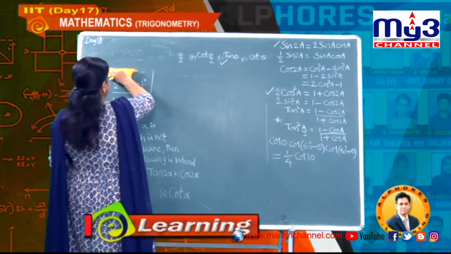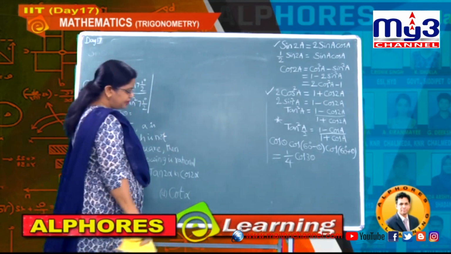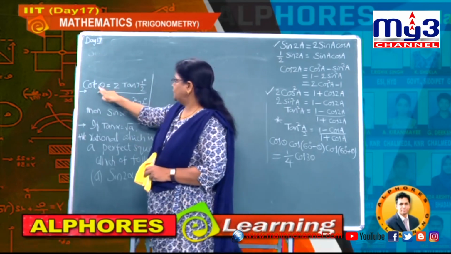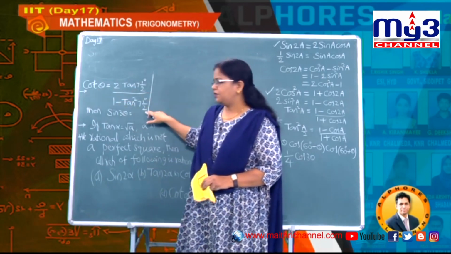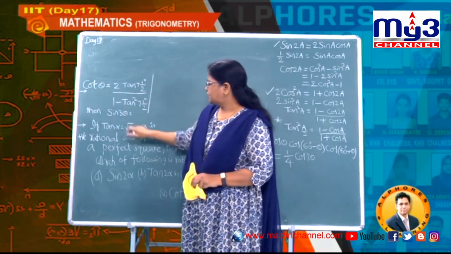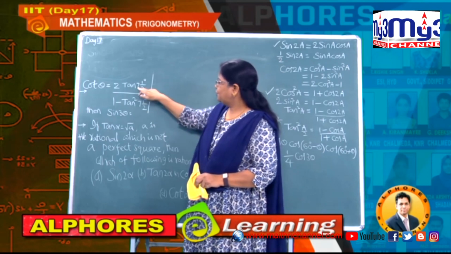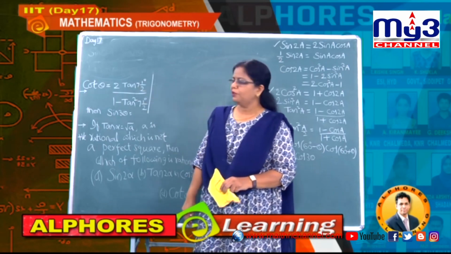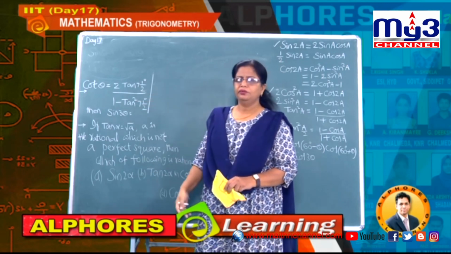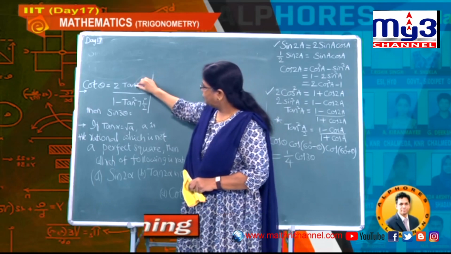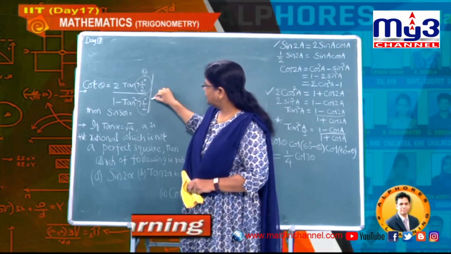So students, just now we have done the cot 7.5 problem. Now in this problem you observe clearly, it is cot theta equals 7.5 degrees divided by this entire value. Now the question is, what is sin 3 theta? Before you use the tan 7.5 formula, better observe, is this related to any other known formula? Suppose I put this value as theta and this value also the same, that is theta.